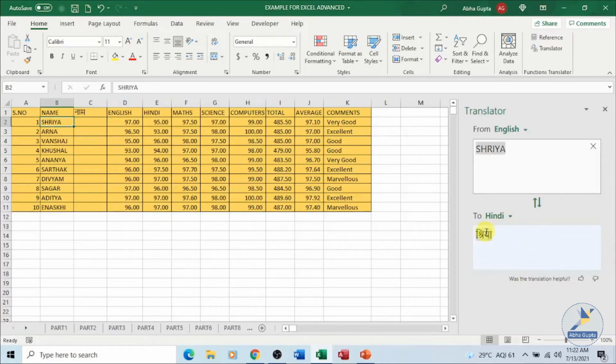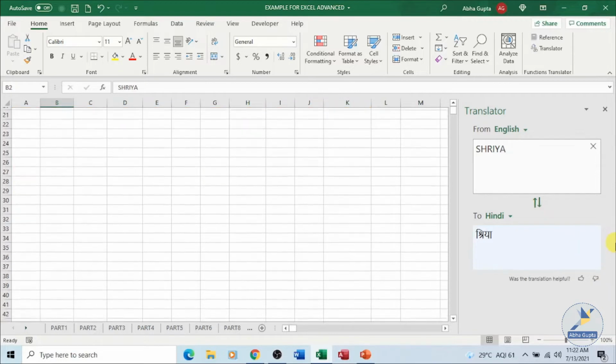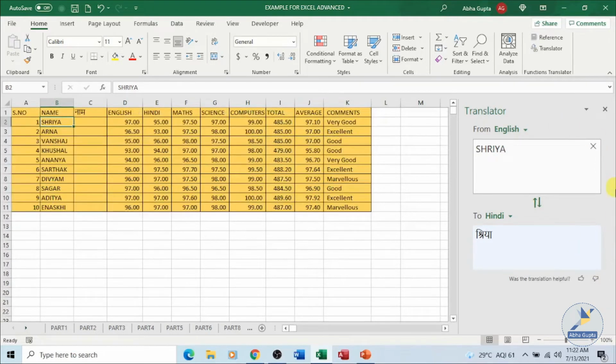Same thing can be done. Either you can copy it from here and paste, or you can always scroll down in your box over here, and since no description or options are provided, you can always click and copy and paste in your sheet.